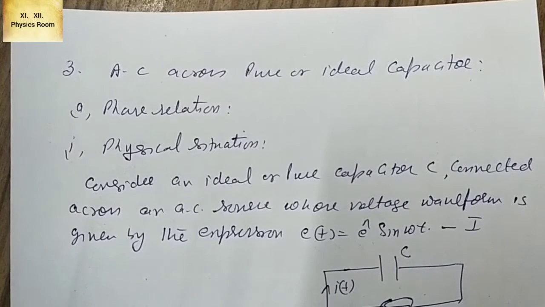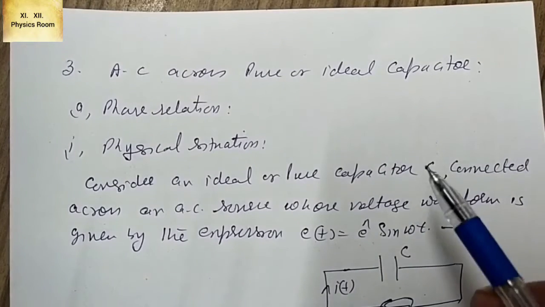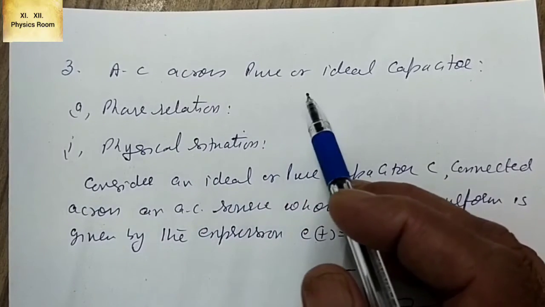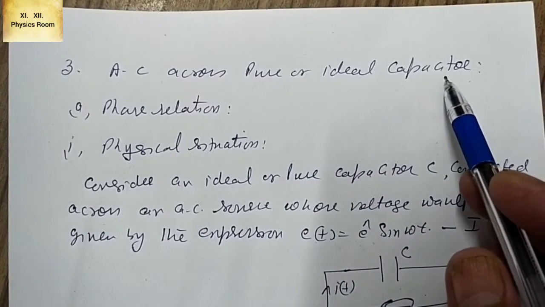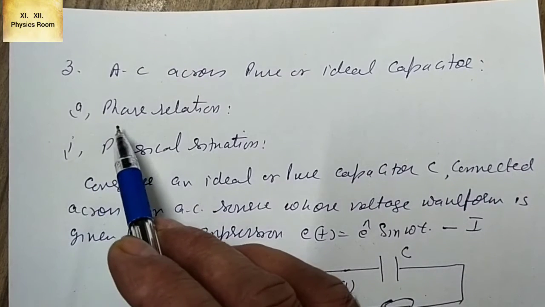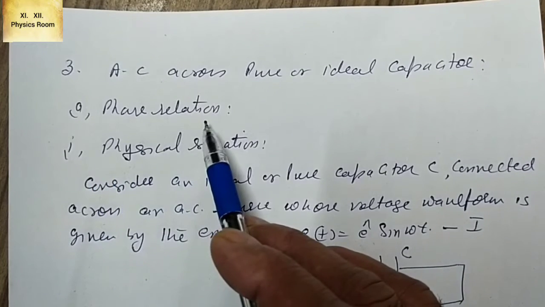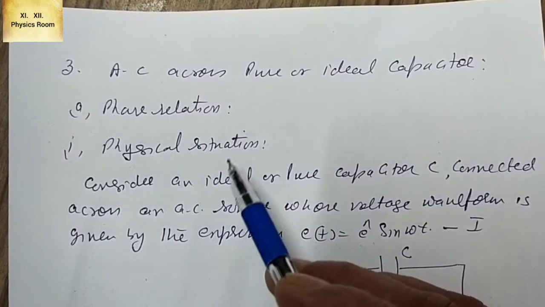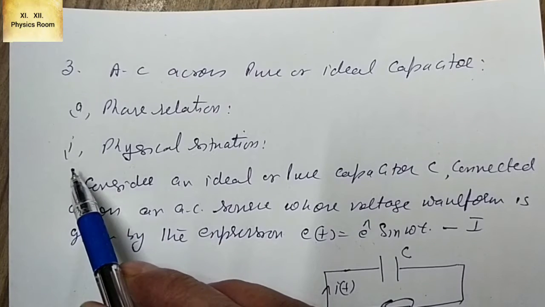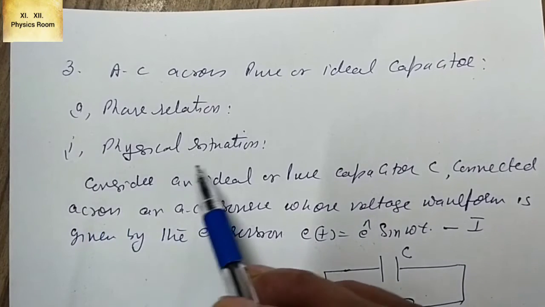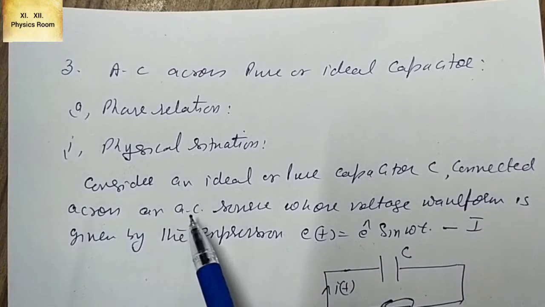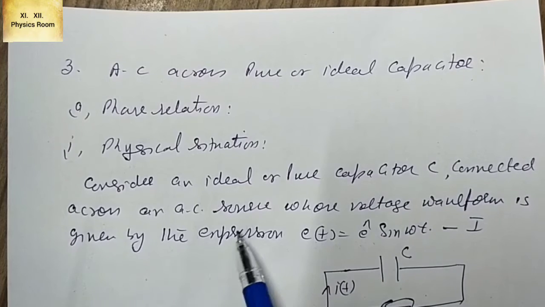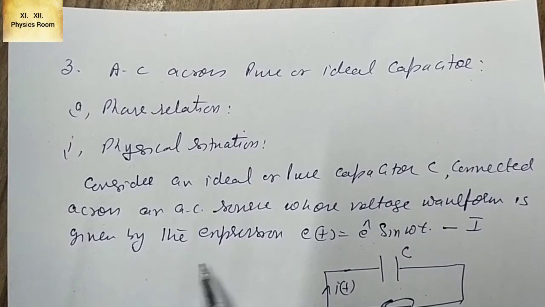Hello friends, today we take up the third circuit, AC across pure or ideal capacitor. So first we are to see the phase relation between applied voltage and current flowing. Out of the 5 steps, we first follow the first step, physical situation. Consider an ideal or pure capacitor C connected across an AC source whose voltage waveform is given by the expression